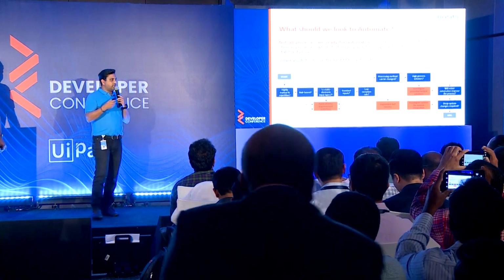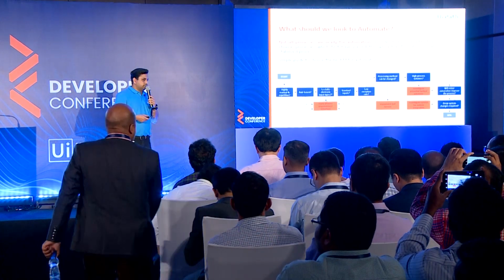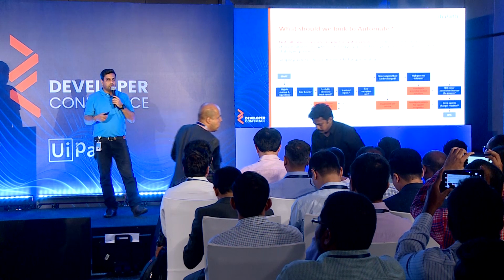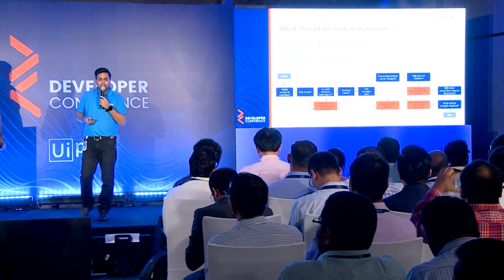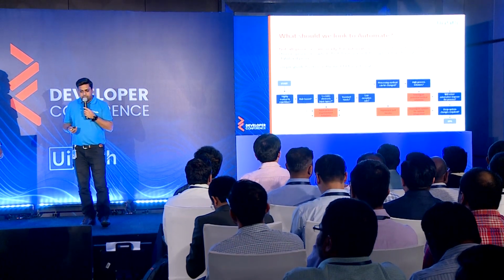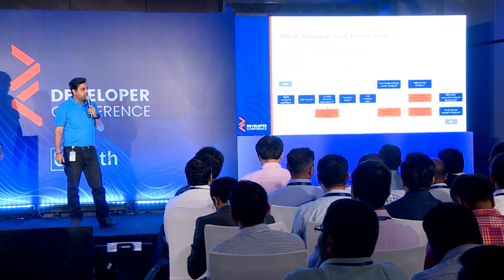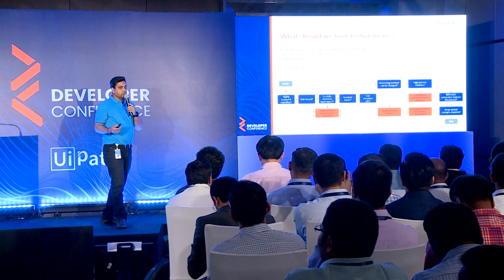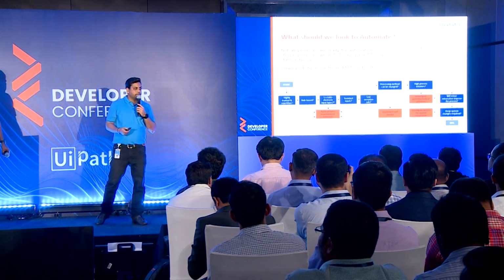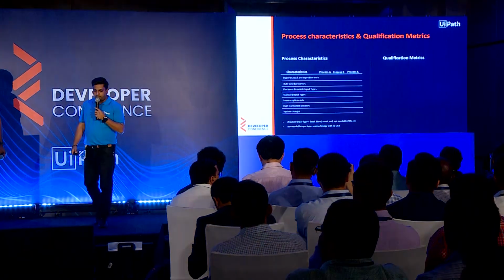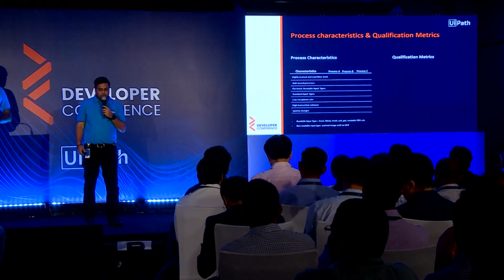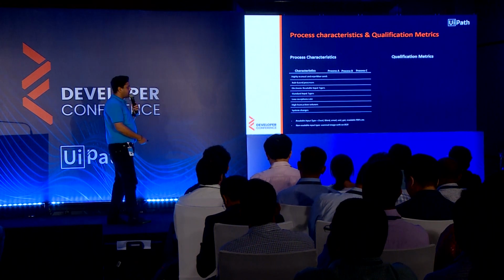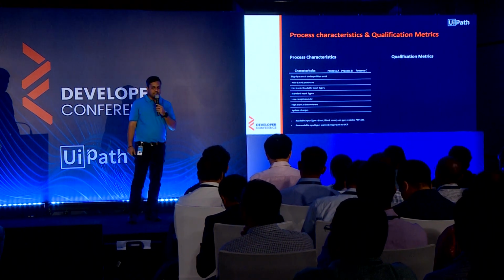But if it is a no, it has to go into application of process improvement. It could be anything. It could be your small Six Sigma black belt project, right? And then when you get all the yeses, you finally move into your RPA, right? Process characteristics, let's find out. These are the characteristics we already spoke about in our previous slides.